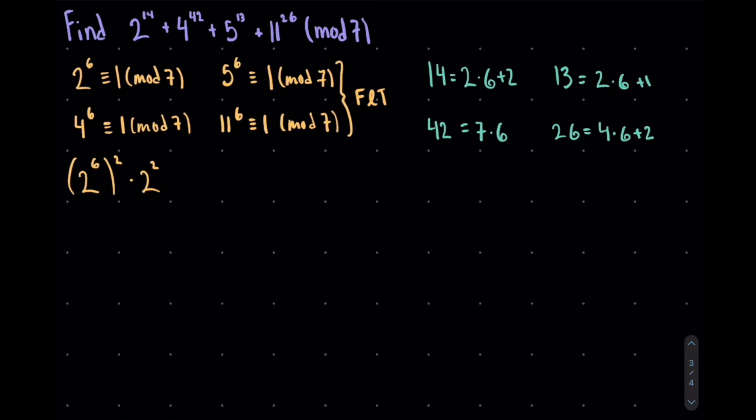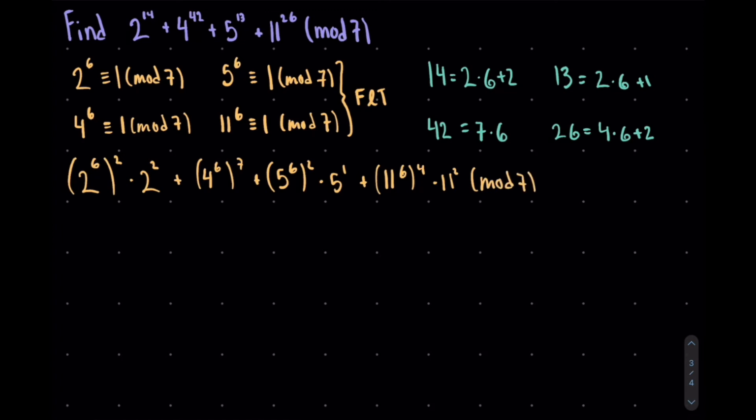Putting this back into the equation we're looking for, we have that 4 to the power of 42 is 4 to the 6 to the power of 7 plus 5 to the power of 6 squared times 5 to the power of 1 plus 11 to the power of 6 to the power of 4 times 11 squared, all modulo